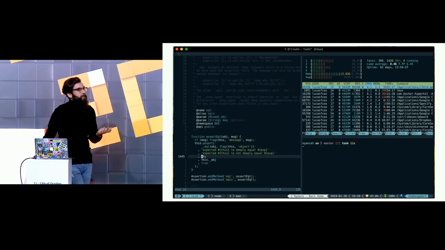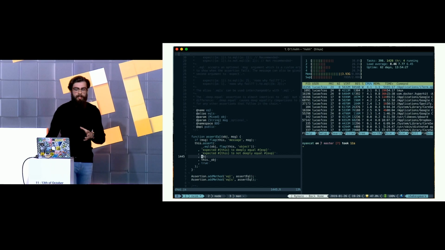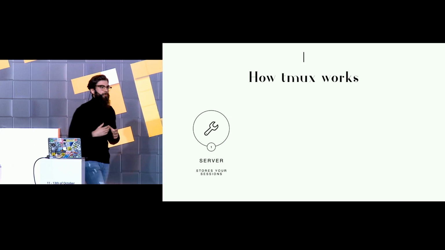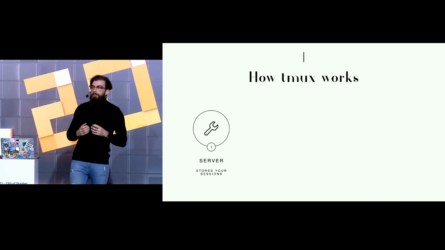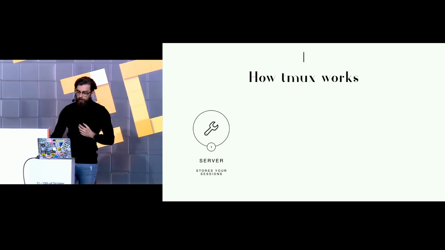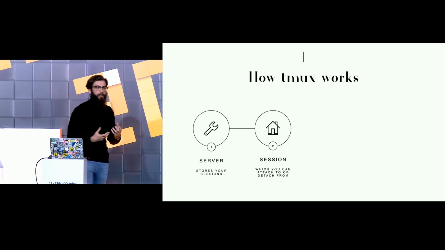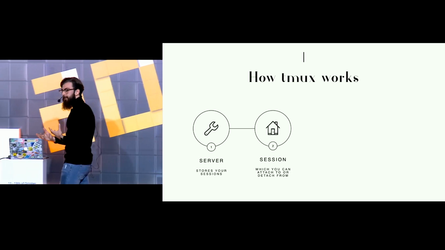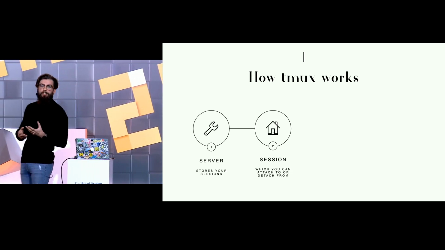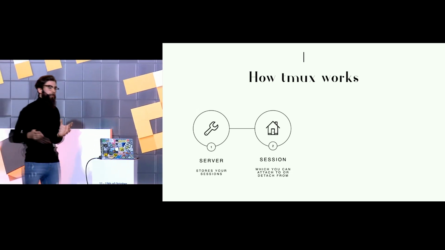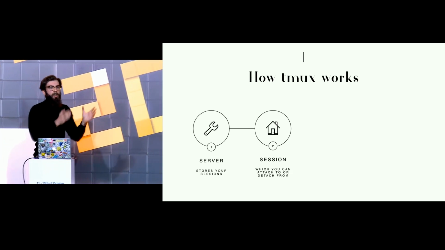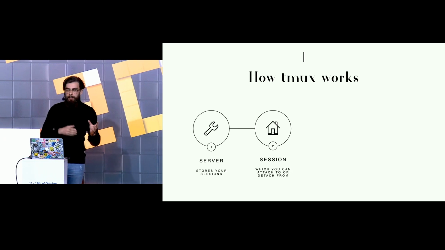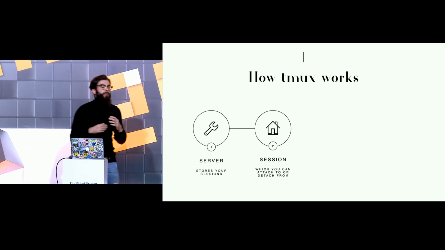And I like Tmux because, as I said, it just allows me to organize my workflow better. Tmux has the concept of a server which stores your sessions. So it means you do not always need to be attached to a session so that you can get things running. When I'm at work, I'll usually have a session for work where I'll do work things. When I'm at home, I'll have just a home session, or if I'm writing a blog, I'll probably do a different session so I can manage all those tools, all that setup. If I'm in the middle of a task and I need to go out somewhere, I'll just detach and I'll just attach it later.